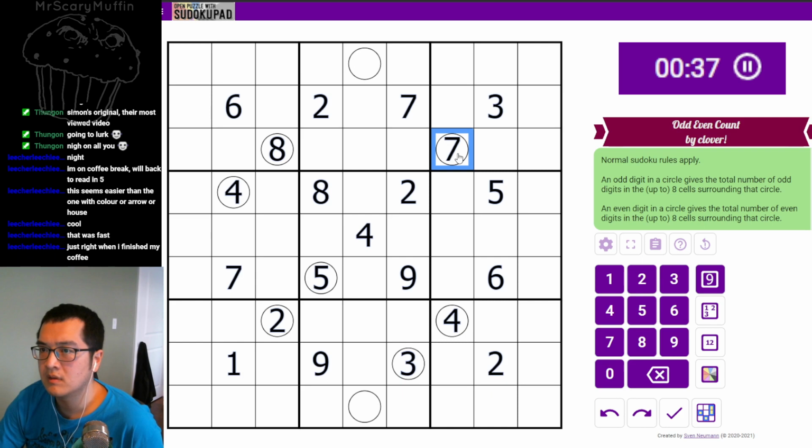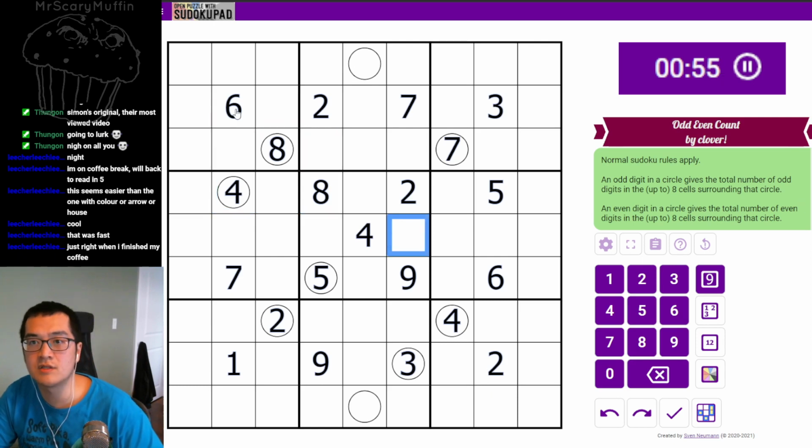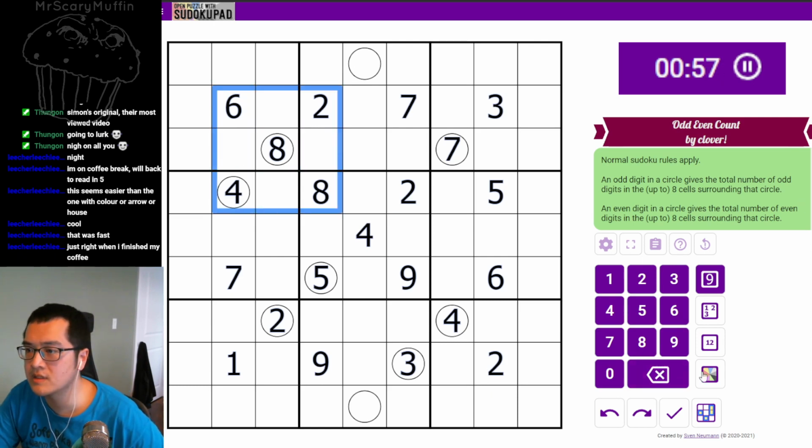So this 7 means that there are 7 odd numbers around it. Even number gives a number of even numbers. So this means all of these are even. Okay. Is that it? That is it. That is all we are given. Okay, well let's